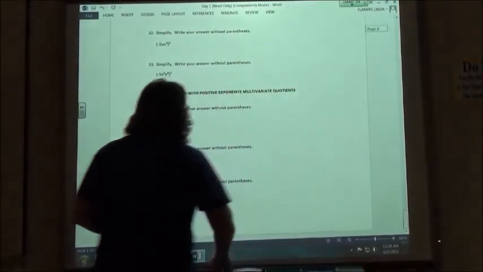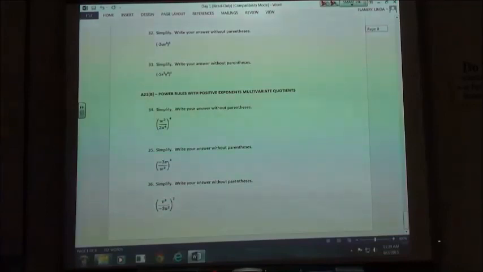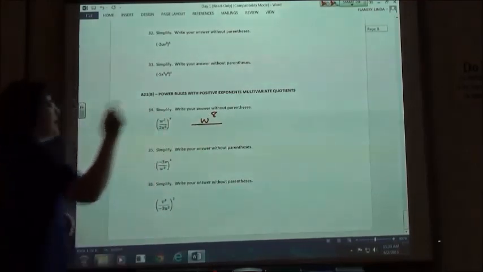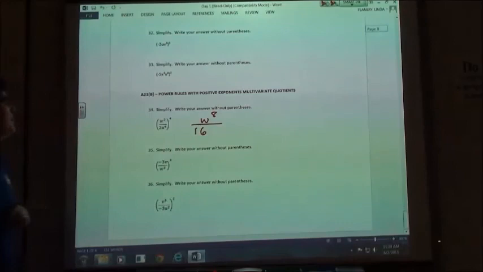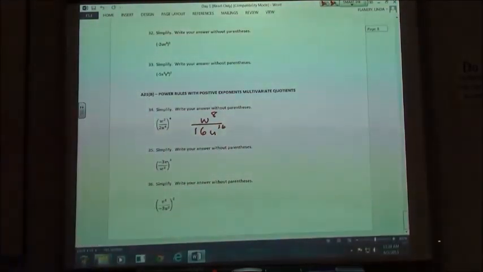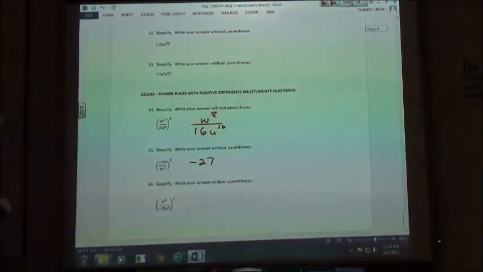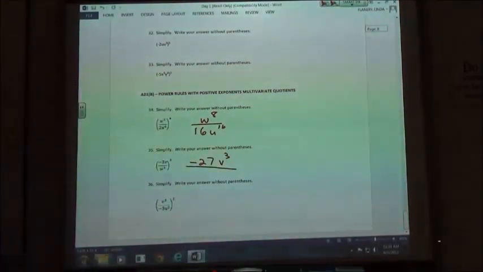So, power rule with positive exponents, quotients. If I take w squared and I raise it to the 4th power, you all should know what it is now. W to the 8th. 2 raised to the 4th power, 16, and u to the 4th raised to the 4th power, u to the 16th. Number 35, I'm going to cube that expression. So if I take the negative 3 and cube it, I would get negative 27. The v and cube it, v cubed, and on the bottom, w cubed, and cube that,